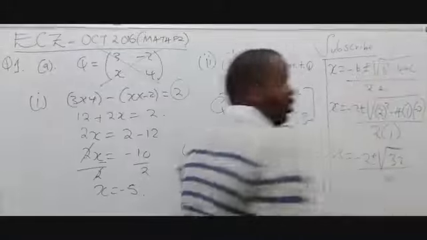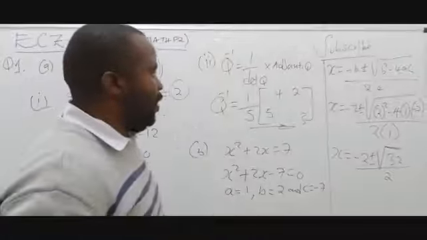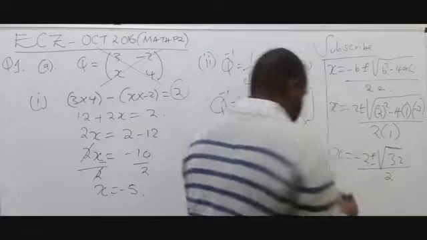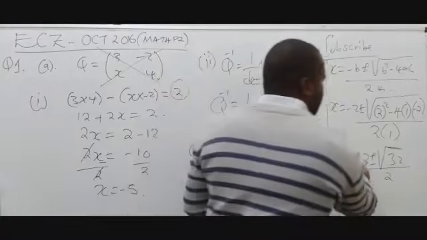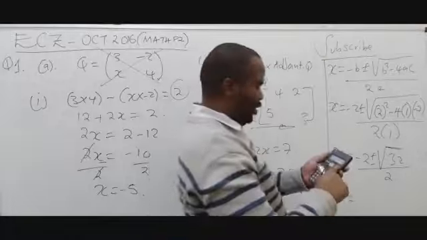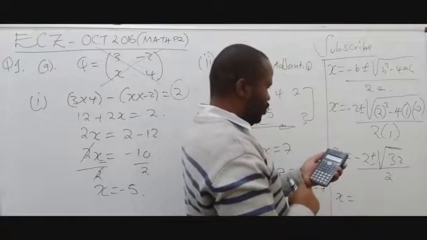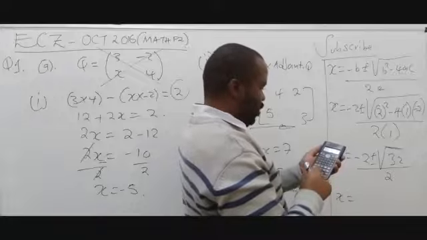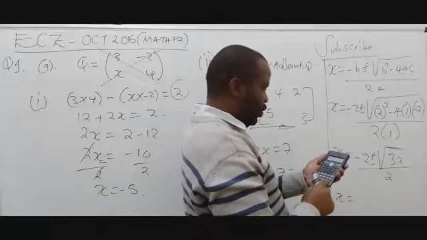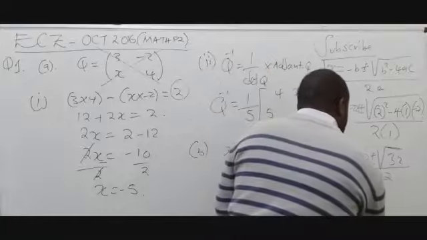So x is equal to negative 2 plus the square root of 32 divided by 2. You don't need to waste a lot of time, so negative 2 plus the square root of 32, divided by 2. So the answer is 1.8